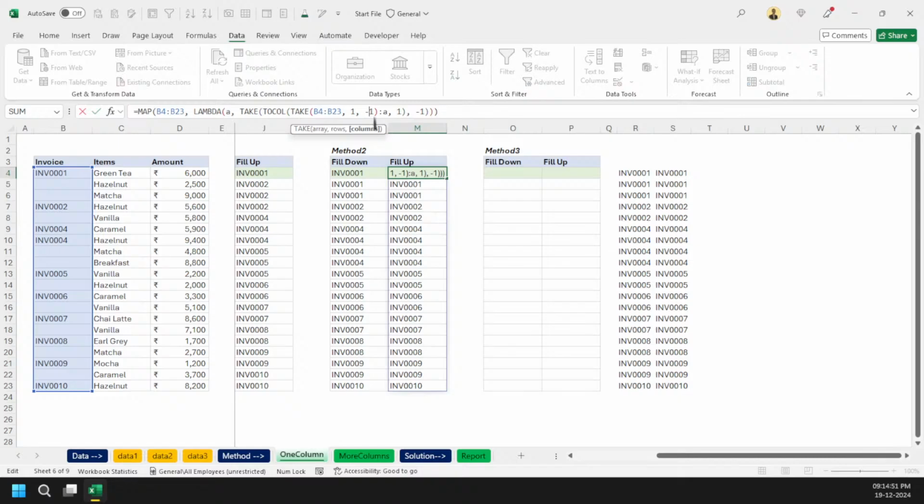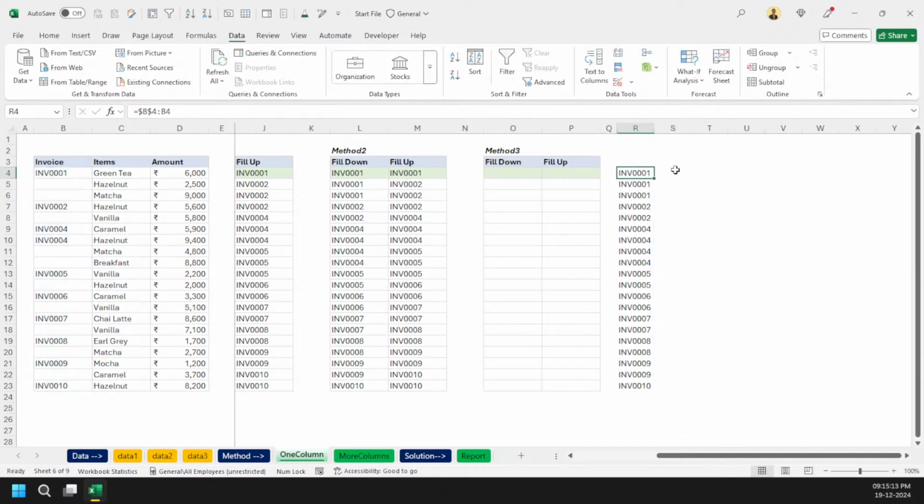One second. Okay, not this one, but this one. Okay. Now you can see here. Hmm, let me see where I made the mistake. Okay, so I want my first value. That's it. So I need to change only these two parameters. Okay. So what will happen is it is now selecting the last value.